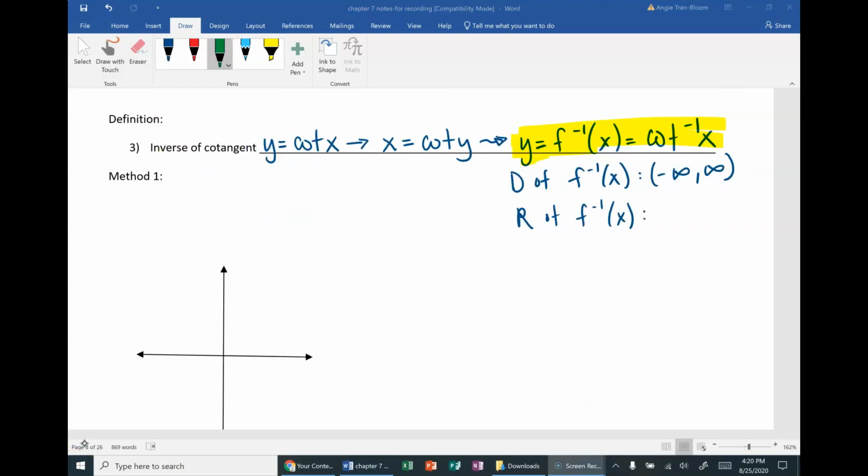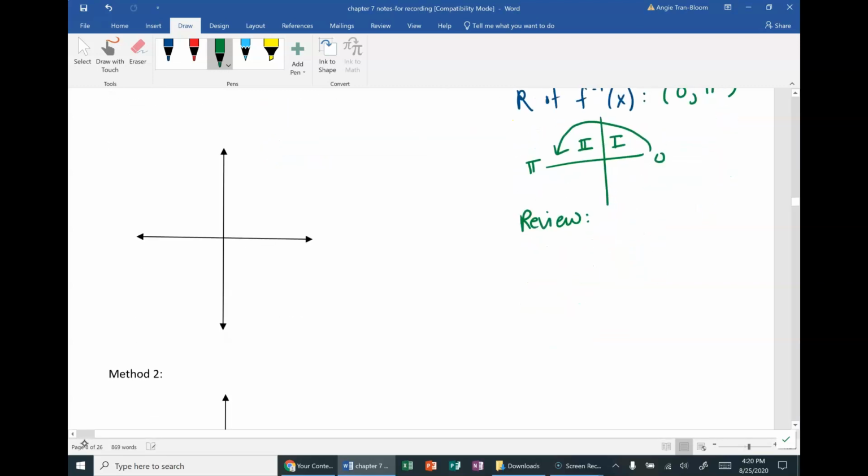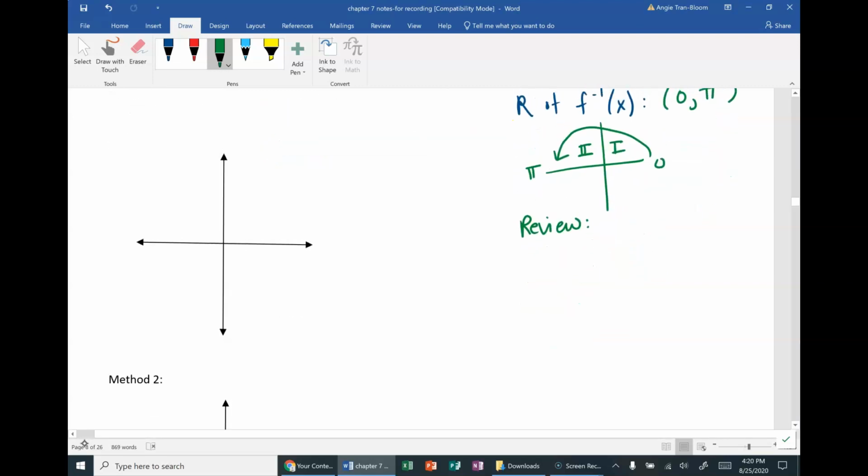So again, we talked about the range of cotangent inverse. We restricted it from 0 to pi. Let's connect that really quickly to the quadrants. Here's 0, here's pi. So as you know, it's in quads 1 and 2. Now let's recap, review. We only have restrictions between quads 1 and 2 or 1 and 4. So quads